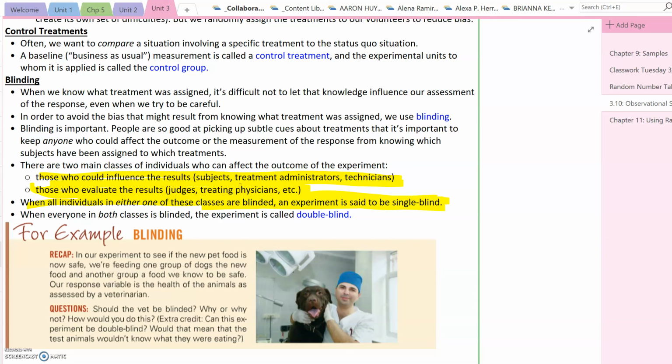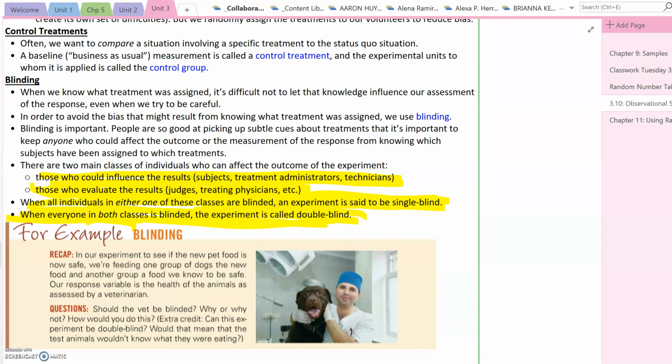And that's good, because if you know you're getting a fake pill, then you might interpret your characteristics and your body changes differently than you would if you knew you were getting a real medication. When both classes are blind, it's called a double-blind experiment. That is typically what you are striving to achieve, because that way nobody's individual biases can impact how they interpret their data. So an example of this, in an experiment about the pet food,